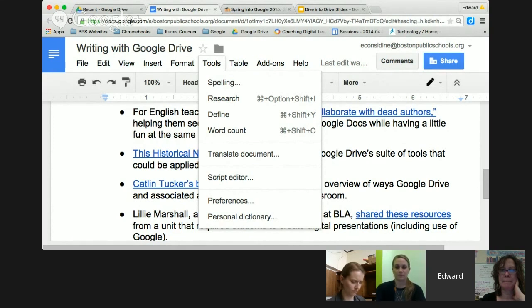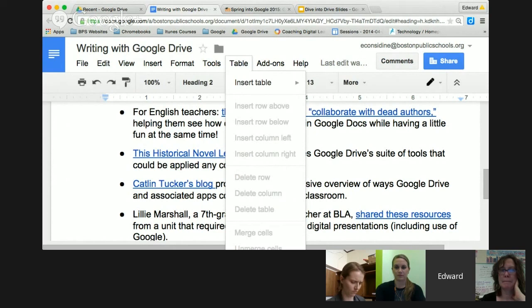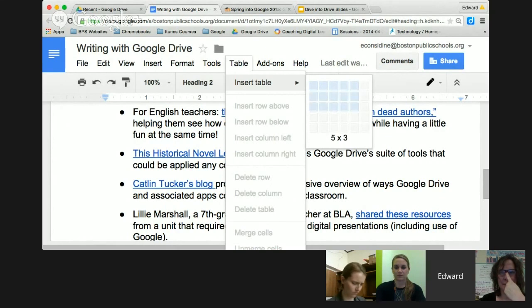As we move across the menu items up top, you can see that tables are very, very easy to insert into a Google Doc, and you can organize and customize your tables. And tables can be used in multiple ways. We have on this document here